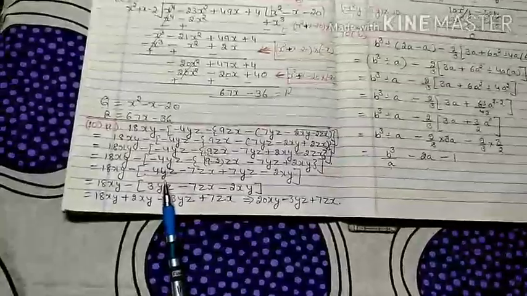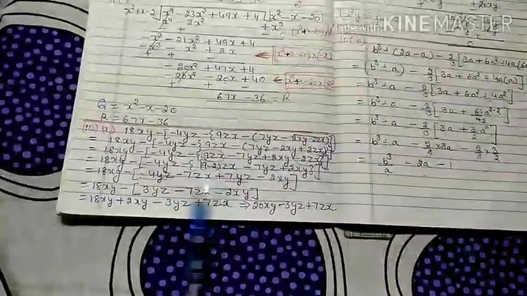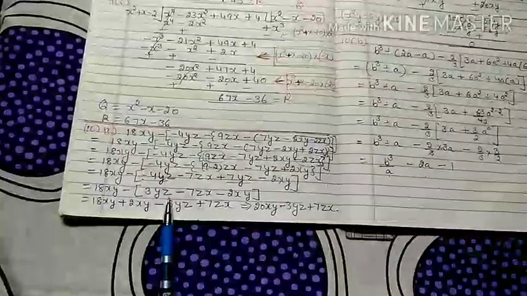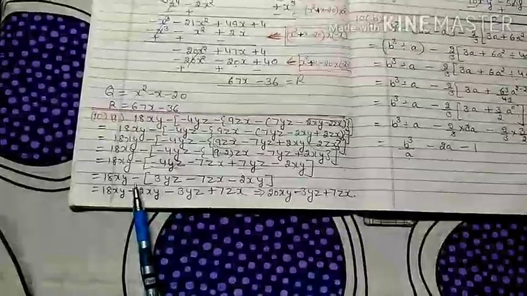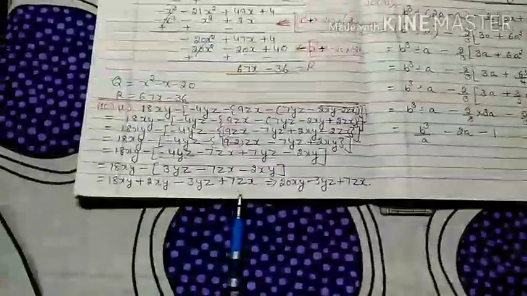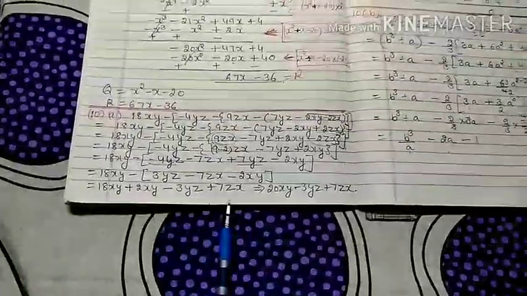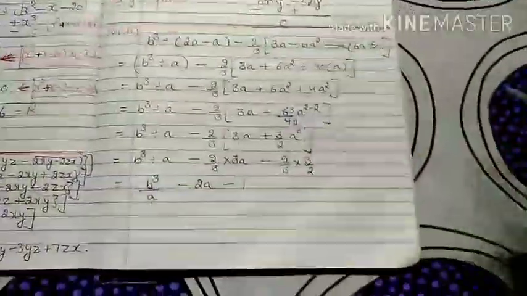Now here also the next like term is yz. One is negative, one is positive. Minus 4 plus 7 gives me 3yz. Other terms as they are, no like term is there. Now open the square bracket. Negative sign is outside. All signs will be changed. After that, when you open all the brackets, if any like term is still available, you add or subtract and solve accordingly.